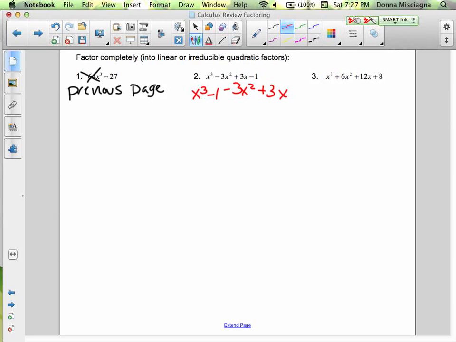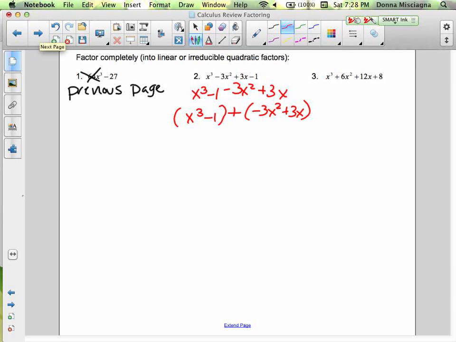Great. So the first two are a group: x cubed minus 1. This has to be a plus. And the second two are a group: negative 3x squared plus 3x. If this doesn't work, then I don't know what else to do. All right, so